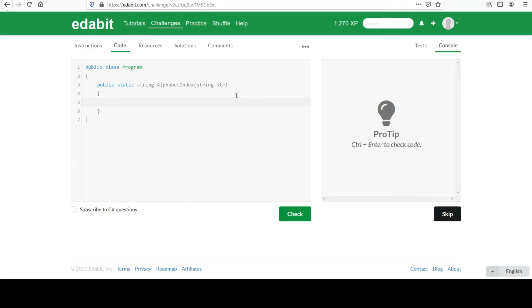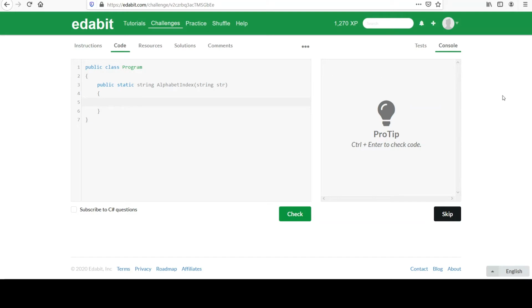So my idea for this problem, I'm going to use the regular expression class to filter out all characters that aren't letters, since all I care about here are letters. And then I'm going to make a new string out of that with just the letter content, and then iterate over that collection. And from there, I'll examine each character, and I'm going to use its ASCII value